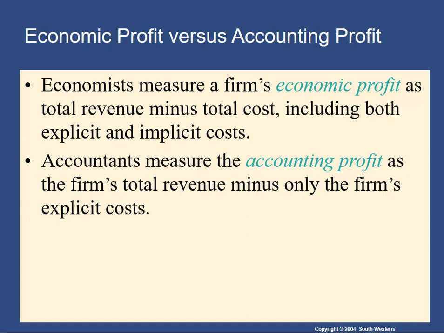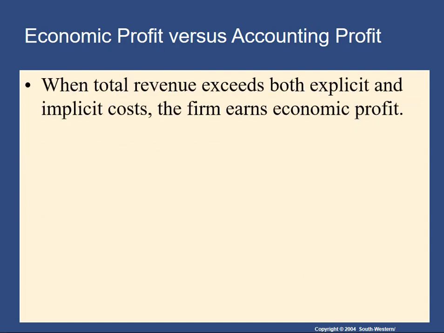And it's because they think, well, how can a company stay in business if it's not generating any profit? Well, remember, that's economic profit. So from an accounting perspective, the firm would still be earning a profit. They're just not counting those implicit costs that we do. They're not counting the full opportunity costs. So you can see a firm that has a positive accounting profit and they can still have a zero economic profit.